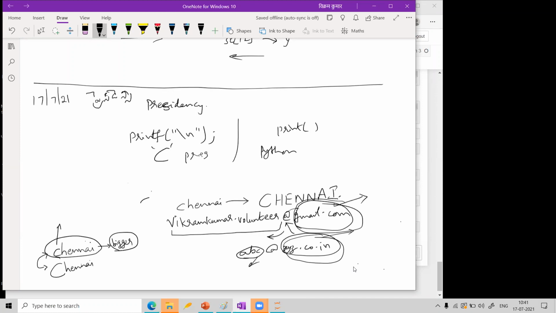You know, in C programming, capital A means ASCII value is equal to 65. Do you know this? This is called ASCII value. That means in the computer, whenever you are pressing A, the computer will understand that as 65. That 65 also will be converted into some 1010 kind of thing.